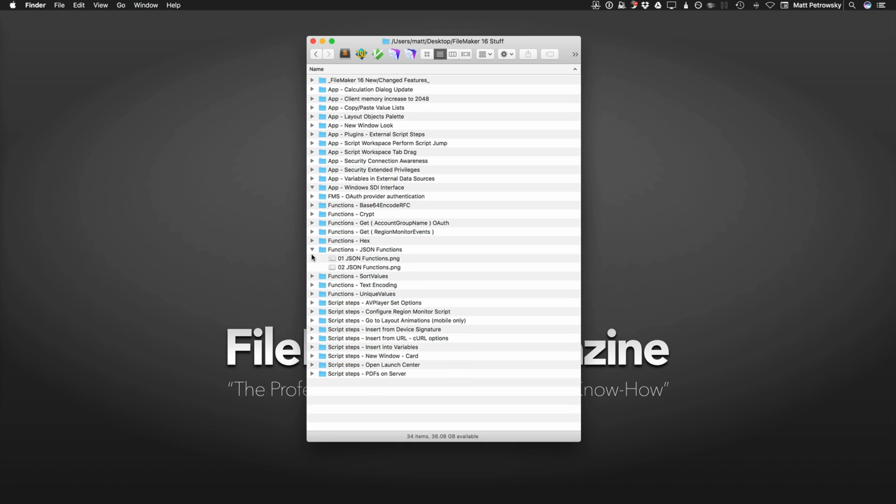Next up, this is where we get into FileMaker connecting to the rest of the world. FileMaker has a suite of JSON functions that go along with FileMaker Server's ability to handle and deal with REST. You don't have to have FileMaker Server. This is just the other side of the coin when it comes to FileMaker going out to communicate with the rest of the world. Now, JSON, which is the